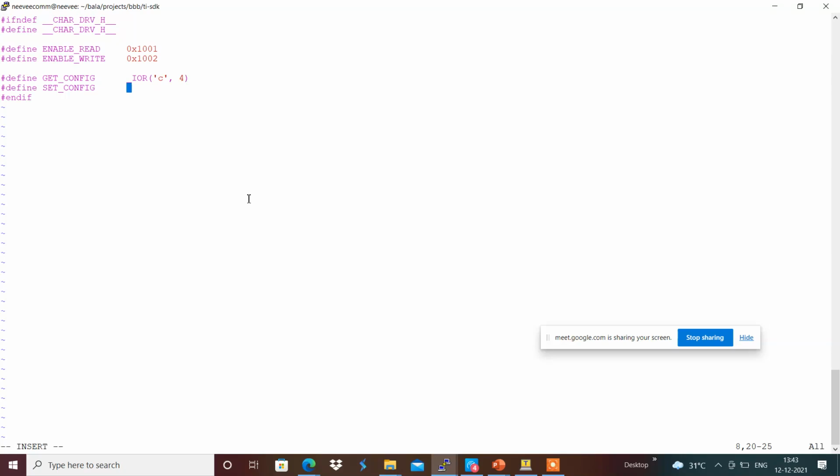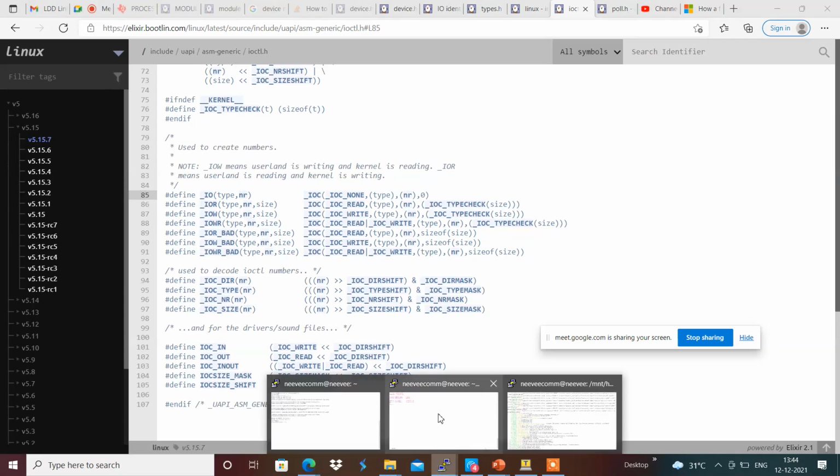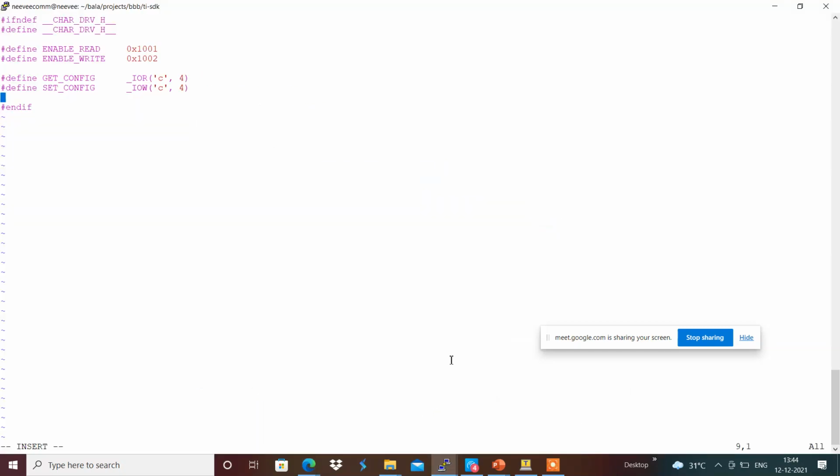For example, this makes the definitions for the read and write accordingly, so that we can use it in our driver, so that this kind of magic number will be created automatically by the Linux kernel internally in the system.